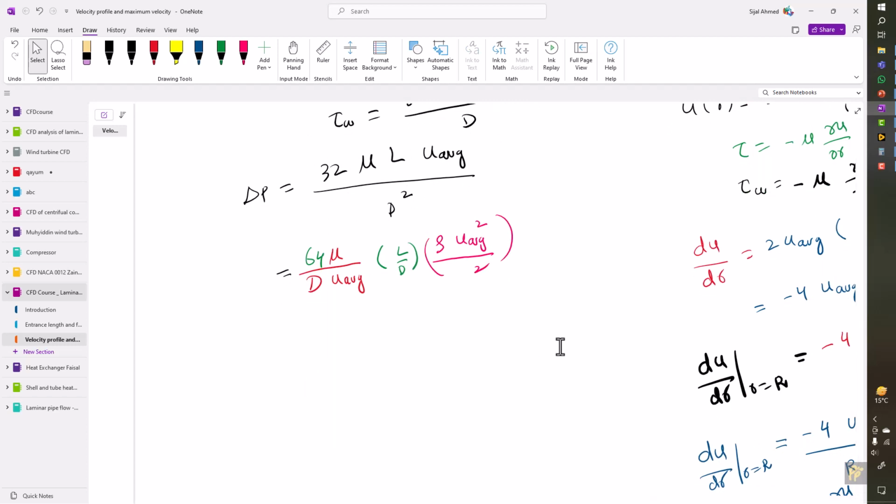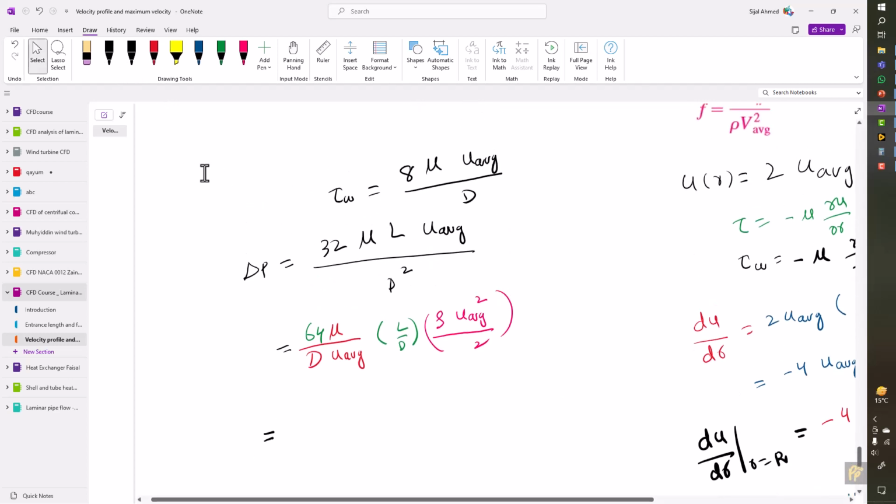Okay, so the next thing is that now we know that the wall shear stress formula is 8 mu U average upon D. So now let's write down 64 as the 8. Okay, and also write down the mu and U average, and divided by D. This is equal to wall shear stress. So the remaining terms from this expression, they will become,